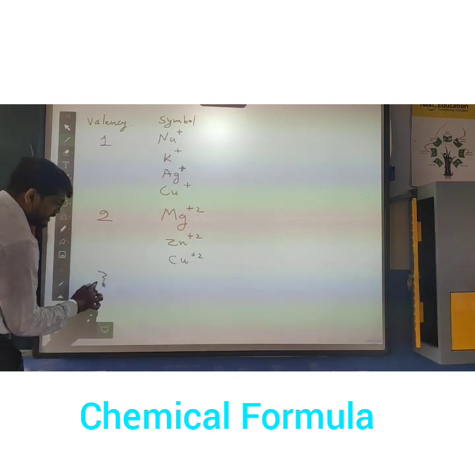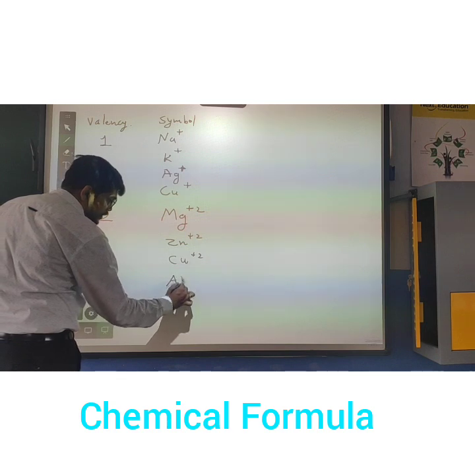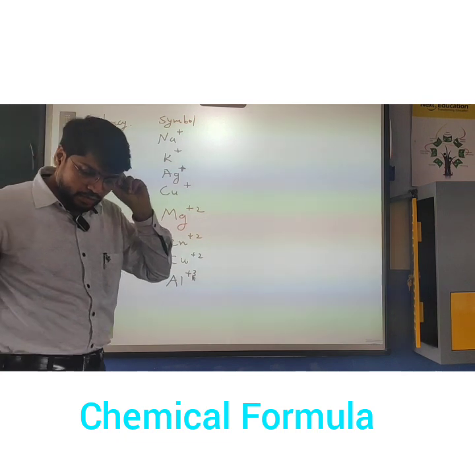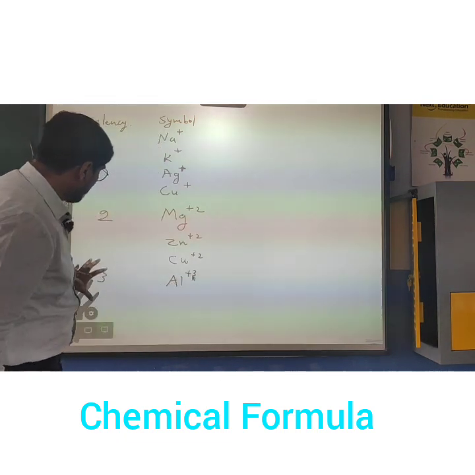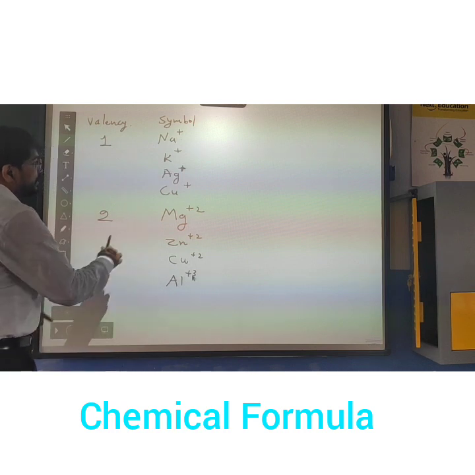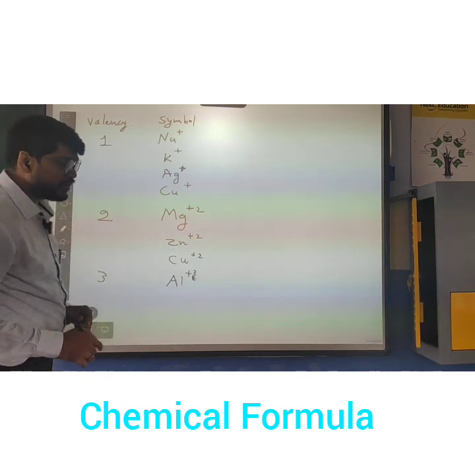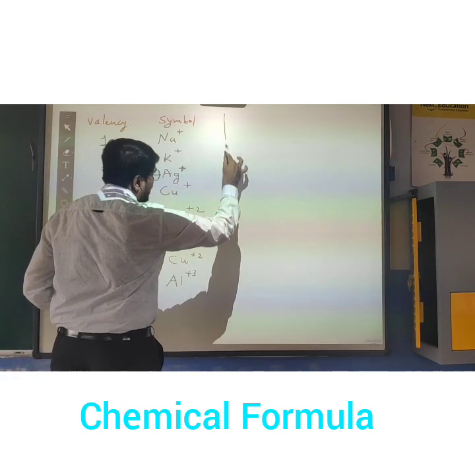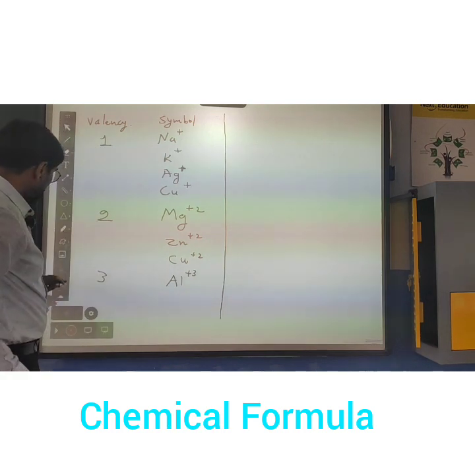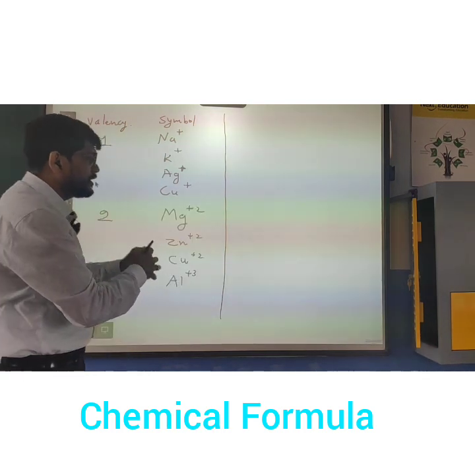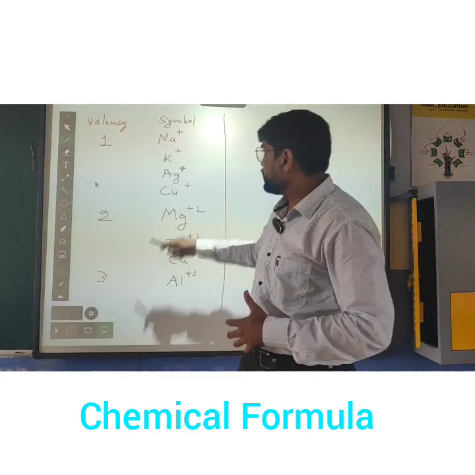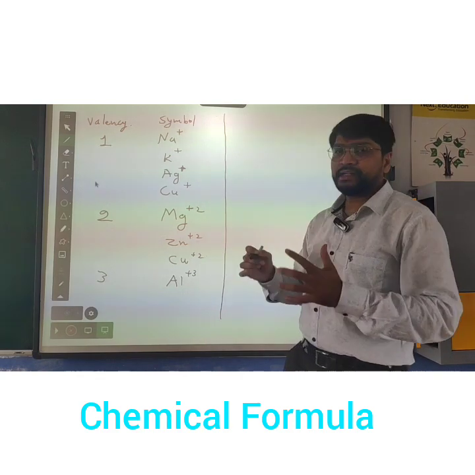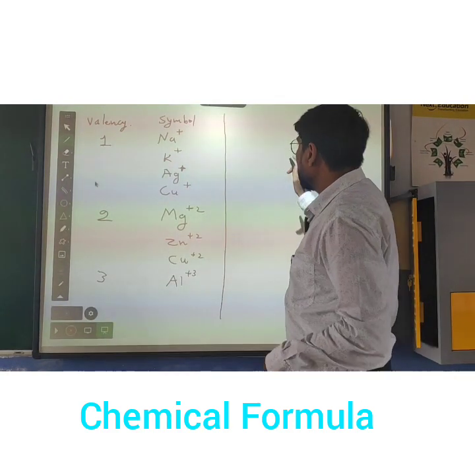Now let's see the element which has valency 3. For that we have aluminium. As it has 3 electrons in the outermost shell, it can easily give away 3 electrons. So aluminium, these are some of the symbols which we are going to utilize to form certain compounds. Now these all are the cations. Let's see some of the anions now. You don't have to memorize all this; as and when you practice these questions, it will come. Right now I have 1, 2, 3, 4, 5, 6, 7 and 8 cations. Now I'm going to take certain anions over here.